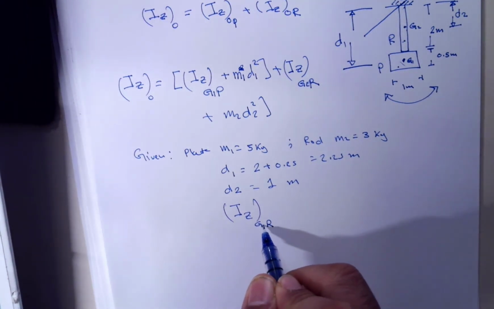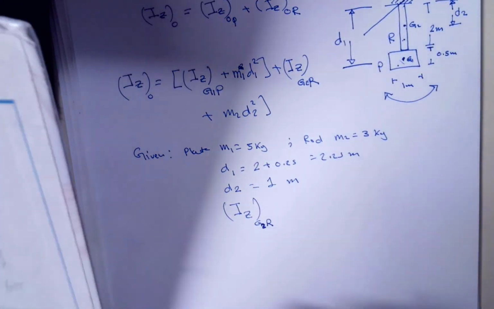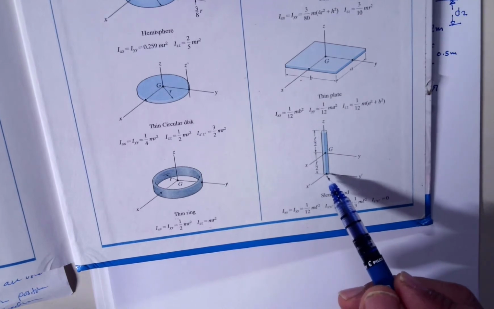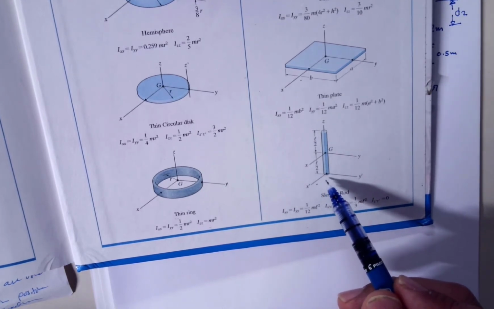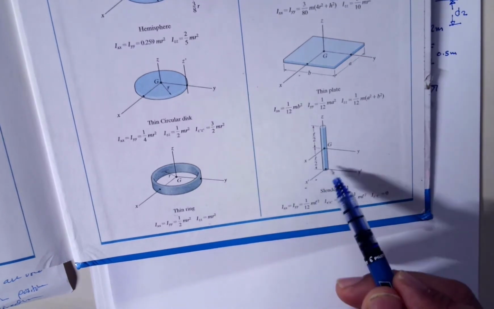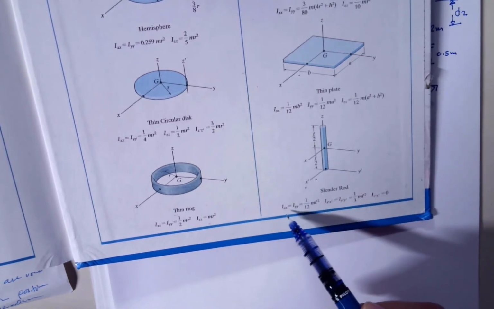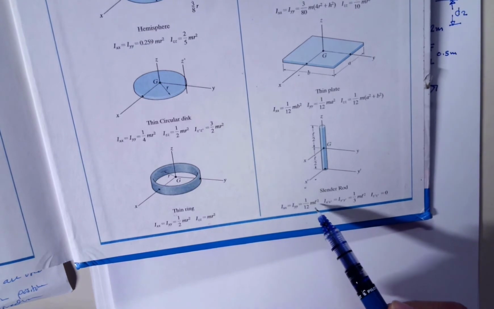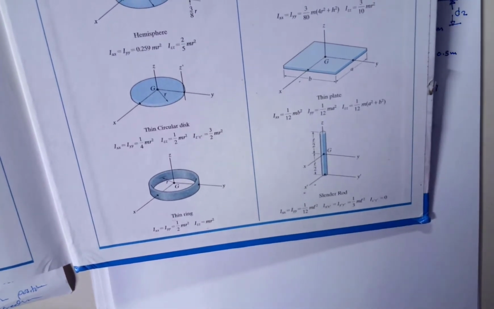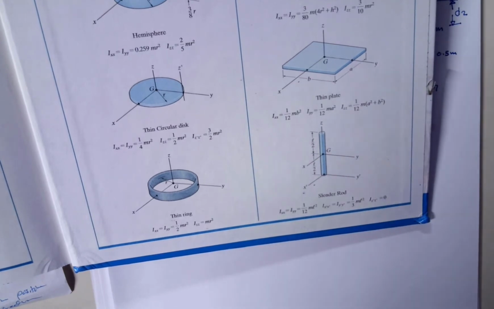This should say 2. Using the textbook, this is the rod, and since this is swinging and this is the axis perpendicular to the rod, I'm looking at 1 over 12 ml square. Actually, I'm looking at the